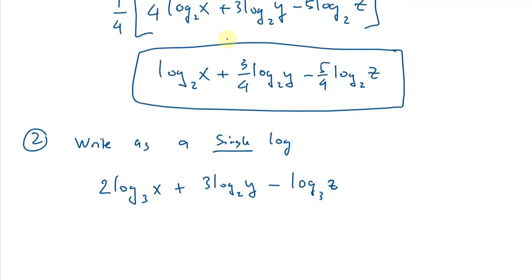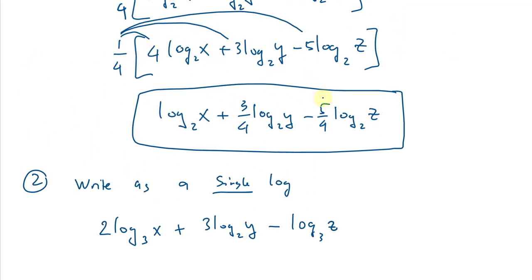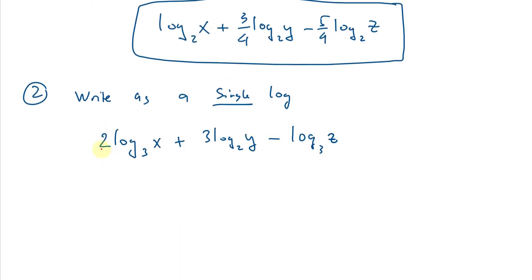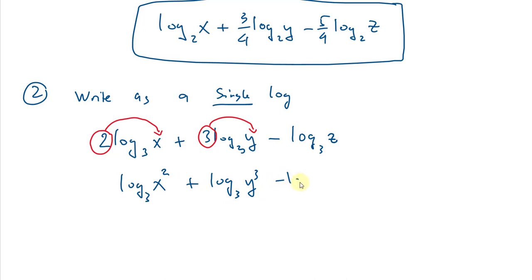Now that means we do the backward, the reverse process compared to the problem we just did on the first problem. Okay, so now we want to combine them together, not expanding out, but combine them together. So first thing is, I see number 2, I bring it back up to the power, right? Bring it up here. I want to combine them together. So log base 3 of x to the power of 2 plus log base 3 of y to the power of 3 minus